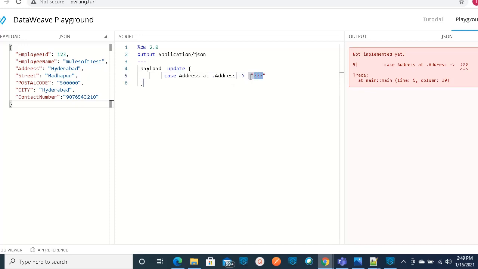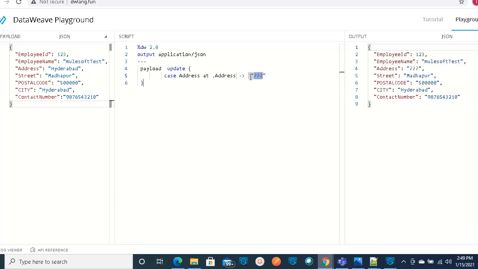What is the new value you are going to update? See, when I put a question mark in quotation marks here, it takes the question mark as the actual value, and it updates the question mark as the address in the output. Just like that, you can provide any value here. In my case, I am giving a new address in India, or whatever you want to write.